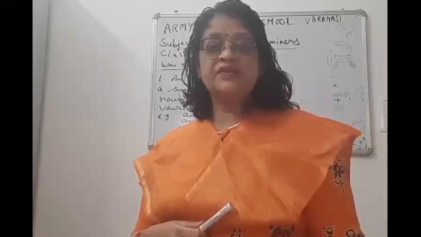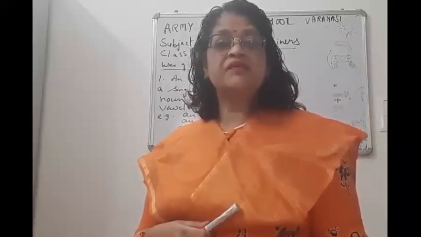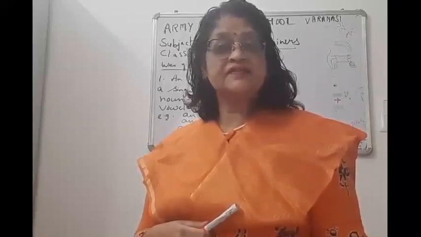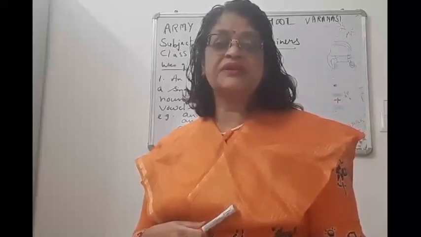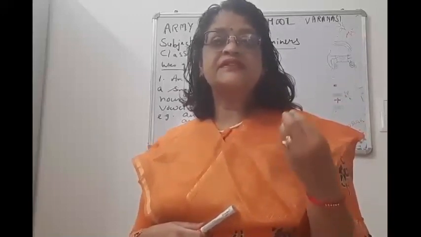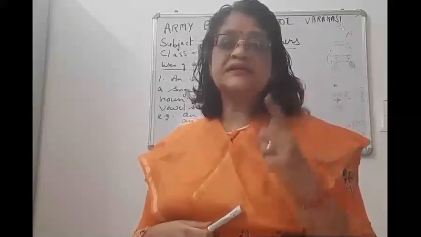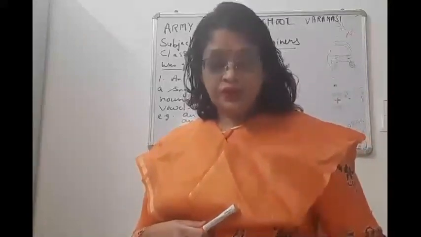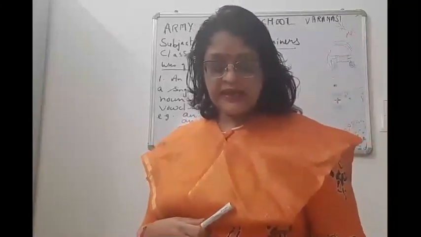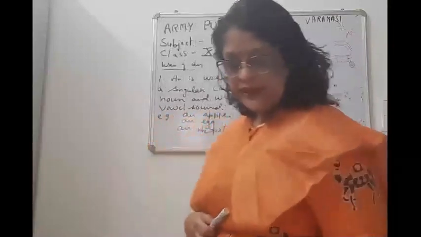It starts with a consonant letter, but it has a vowel sound, then we will use an here. This is a very, very important point, you try to understand. If some words start with a consonant letter but have a vowel sound, we will use an here. Like